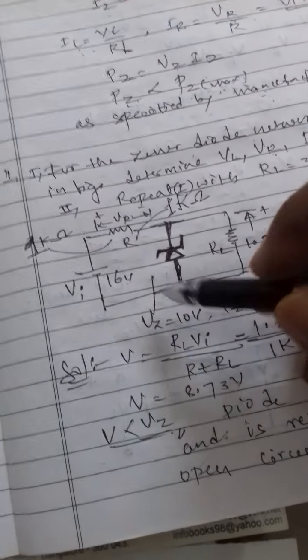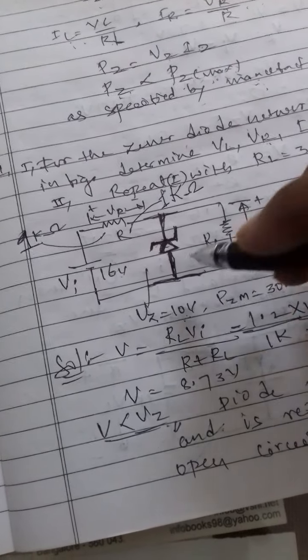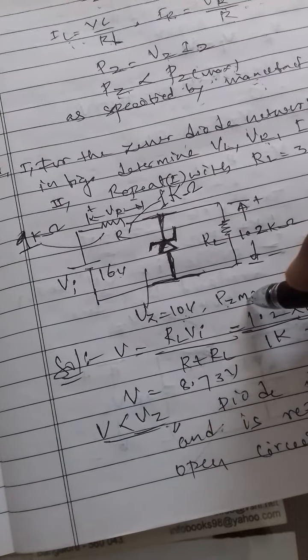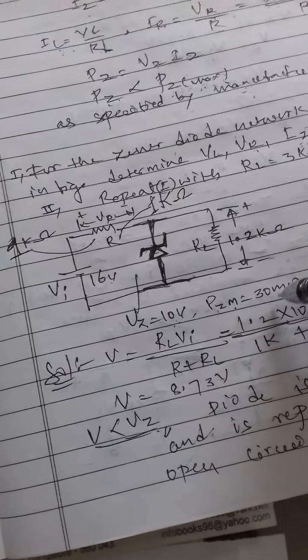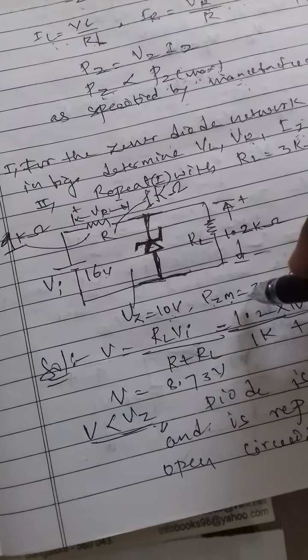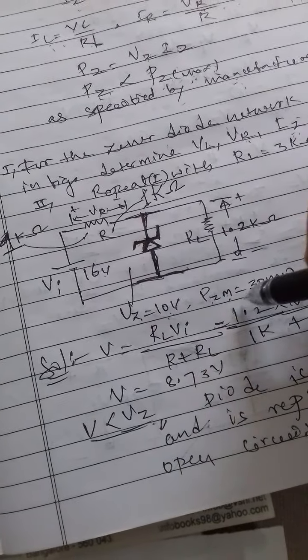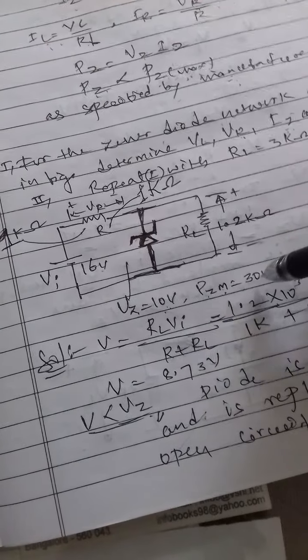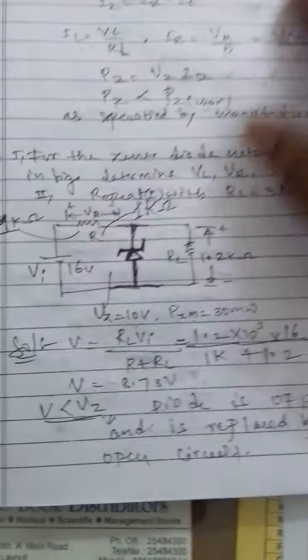Here it is a Zener diode with a Zener voltage equal to 10 volts, and the maximum power dissipation, as specified in the data sheets of the Zener, is equal to 30 milliwatts, because the power dissipated in the Zener must be less than this specified value. Now the first thing that you have to determine